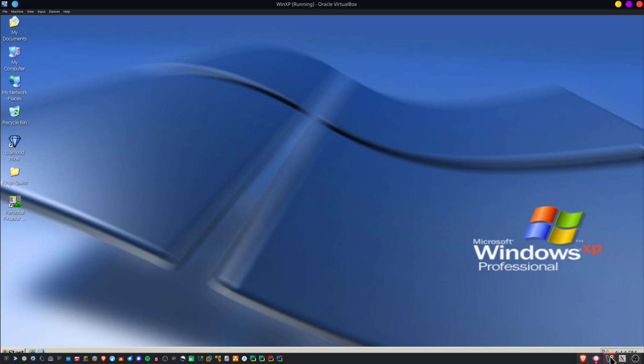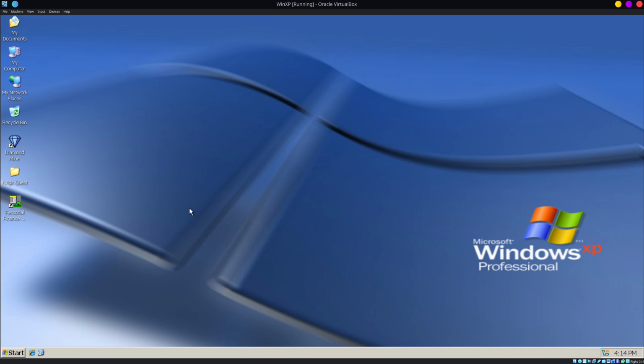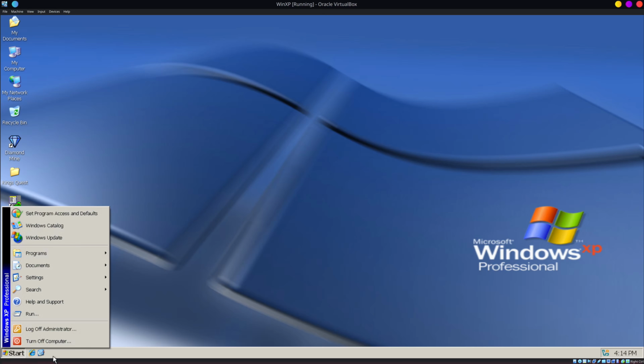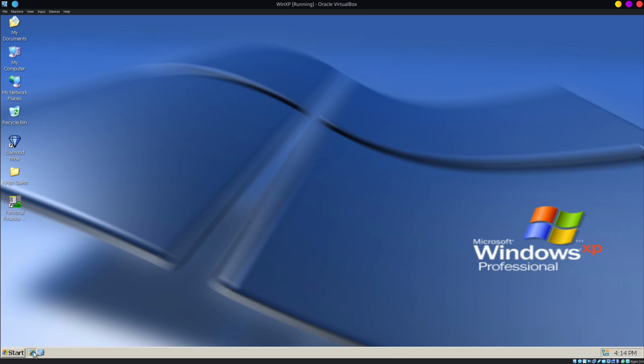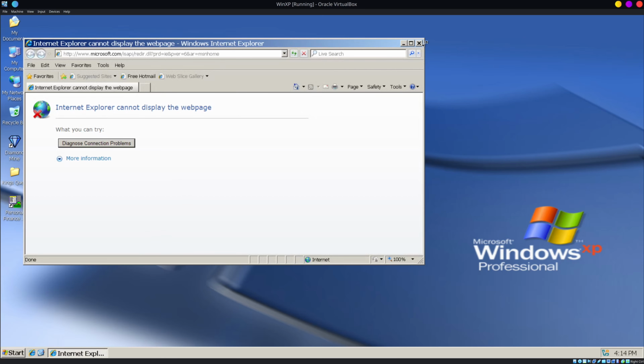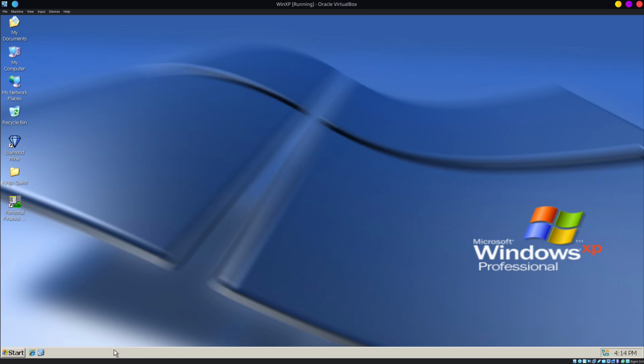If you take a look at good old Windows XP, which I have a virtual machine of, if you look, even 5-6 years later, we were still dealing with the same mentality. You have a start menu, you have your quick launch. Of course, nothing runs here anymore. You have a taskbar, you have a system tray, and you've got a clock. Pretty standard.